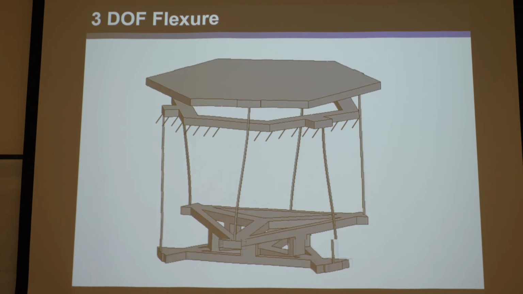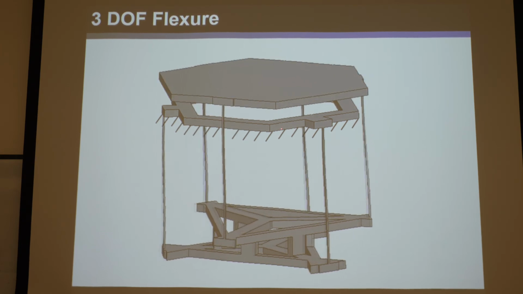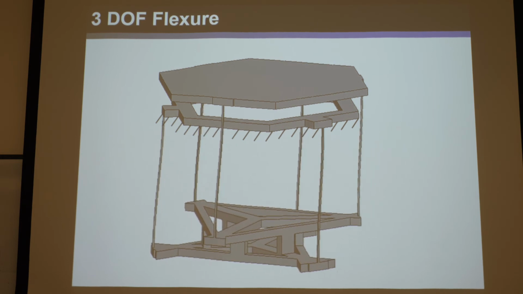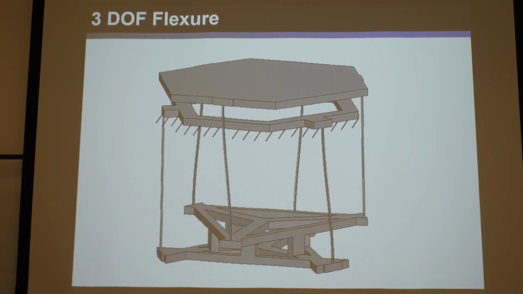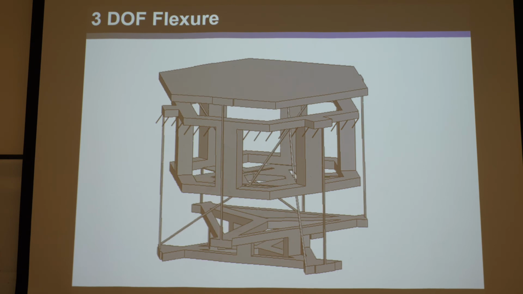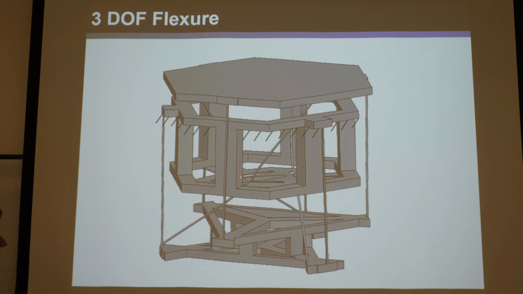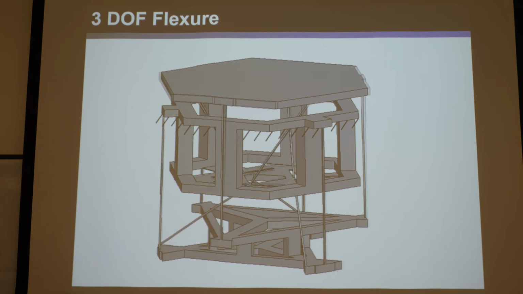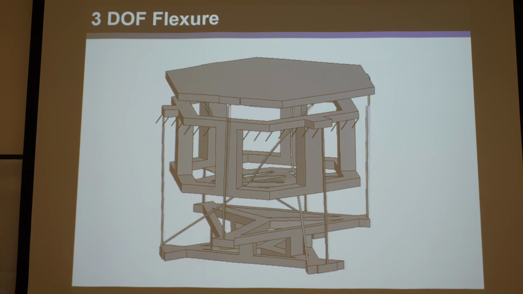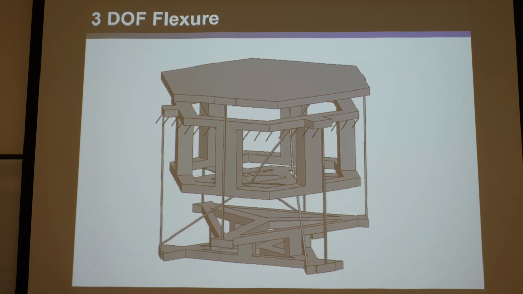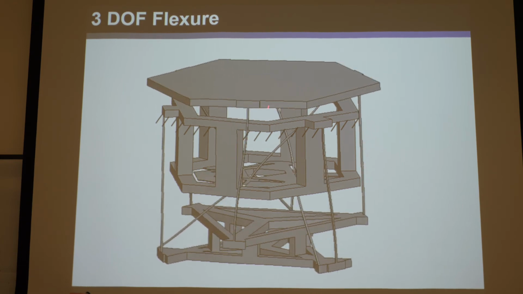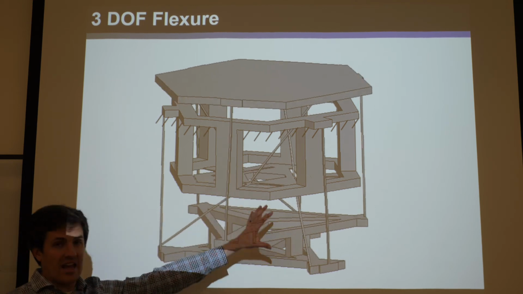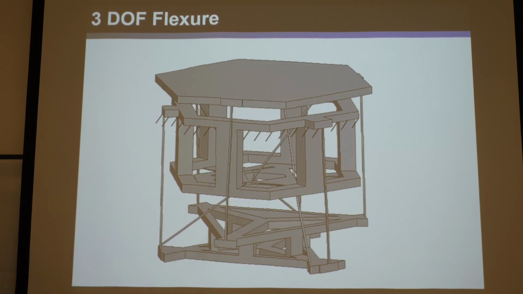But the problem is now it's going to be massively under constrained. If you hold this stage fixed with respect to that, this can vibrate in that direction, that direction, that direction. So the intermediate body is under constrained in 3 directions, so that's a mess. But if we add an under constraint eliminator, very cleverly designed with FACT, using interconnected hybrid theory, you can design this so again it's the same footprint, can move the same range, twice as long in this direction and this direction, and it eliminates the under constraint. So if I hold the stage fixed with respect to that, nothing can move in any direction. It's all totally locked up,